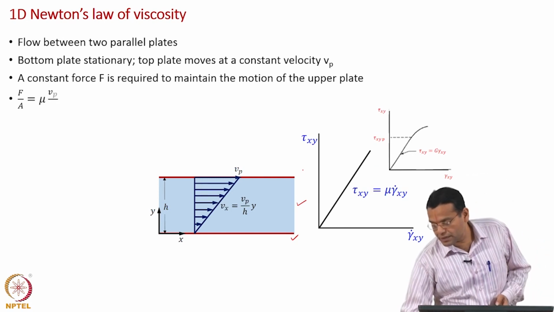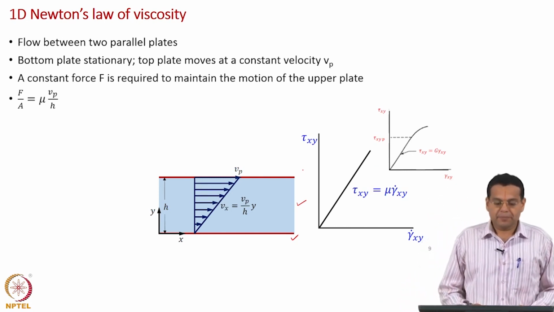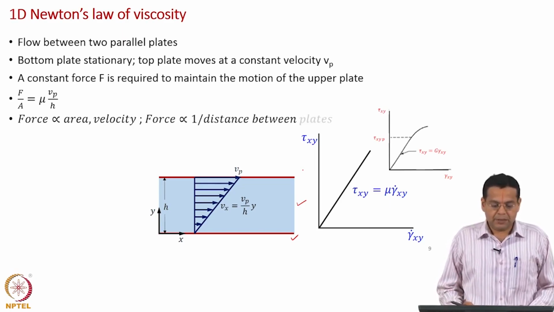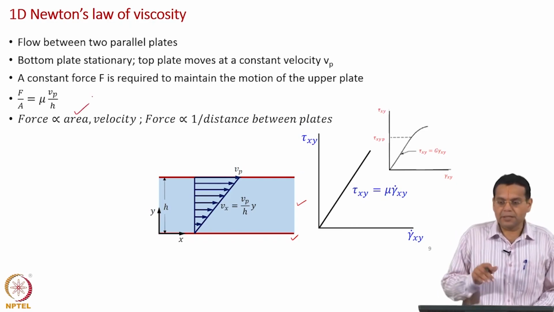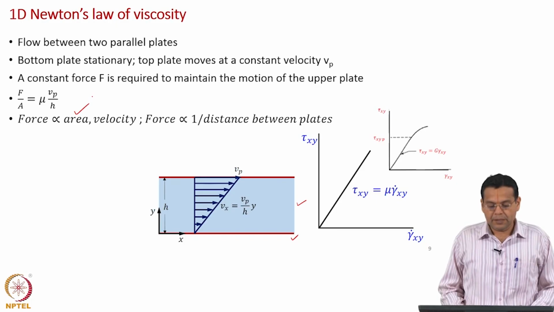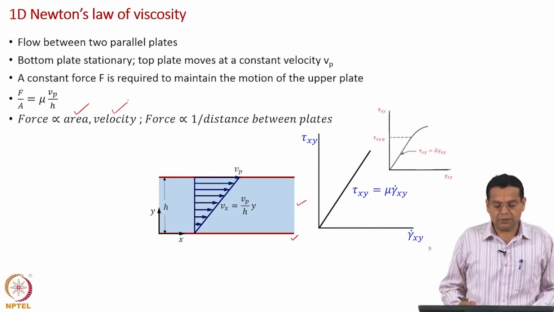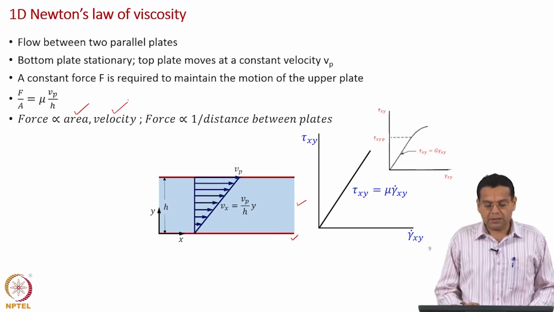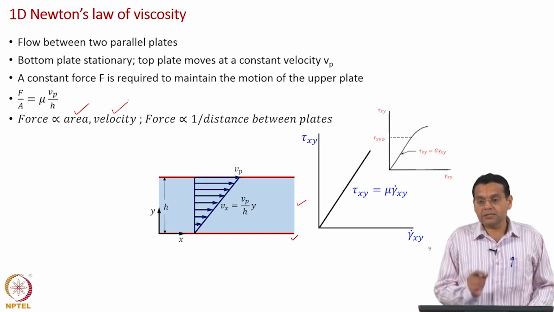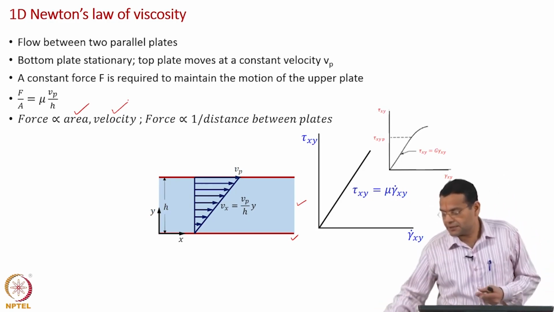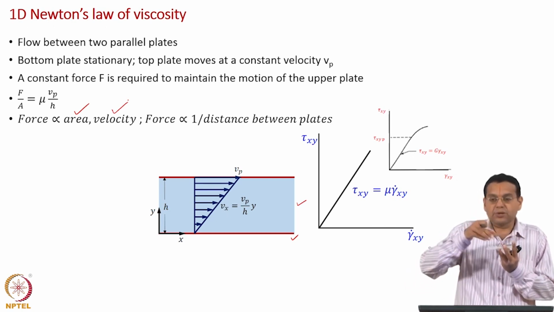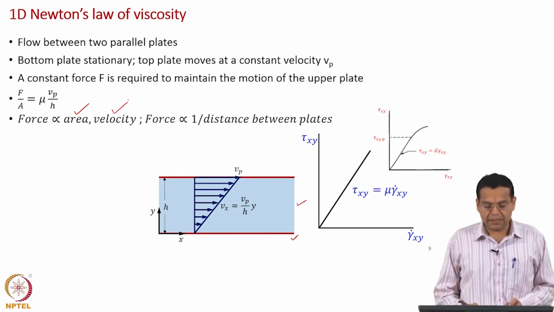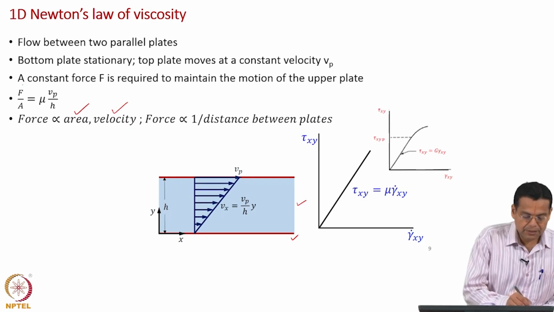Now, this force required to keep the top plate in motion is experimentally found, note down the word experimentally found, to be proportional to the area. Obviously, larger the area, more force is required, and it is also found to be proportional to the velocity. If you want to move the plate at a higher velocity, more force is required, and this force is found to be inversely proportional to the distance between the plates. So, smaller the distance, larger the force required. That is what is expressed by this equation: